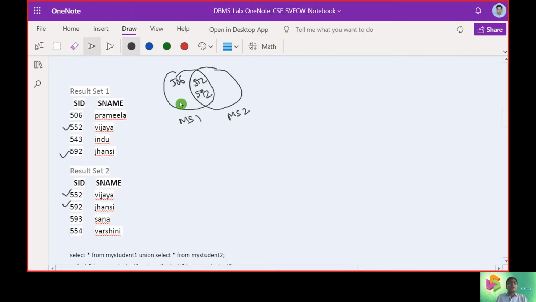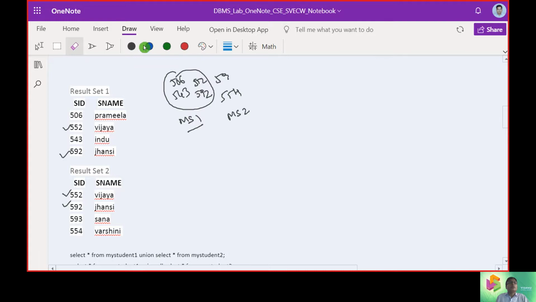And 506 is exclusively in my student 1, and 543 is exclusively in my set 1. Similarly, 593 is going to be exclusively in my student 2, and 554 is also in this part. So that is how we are going to bring up these values.